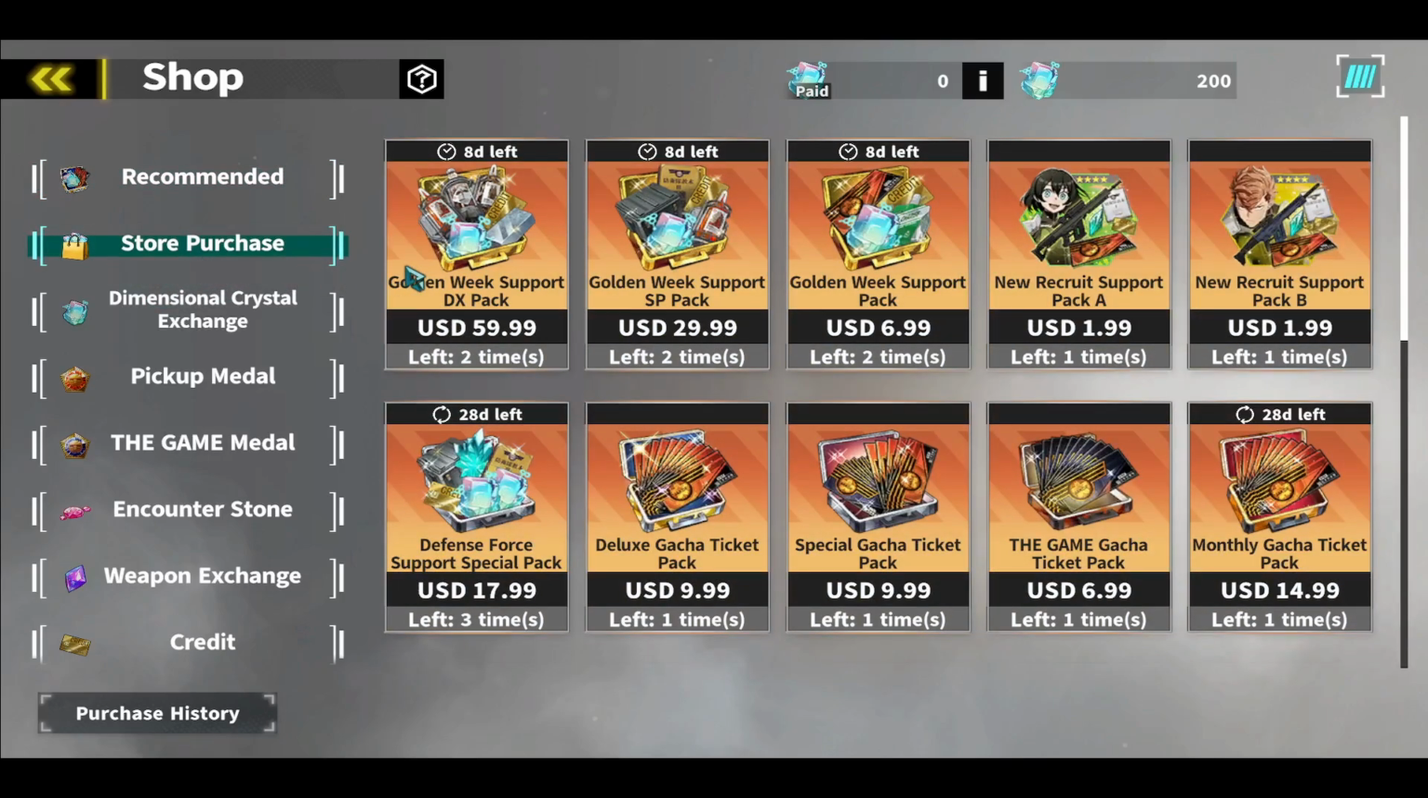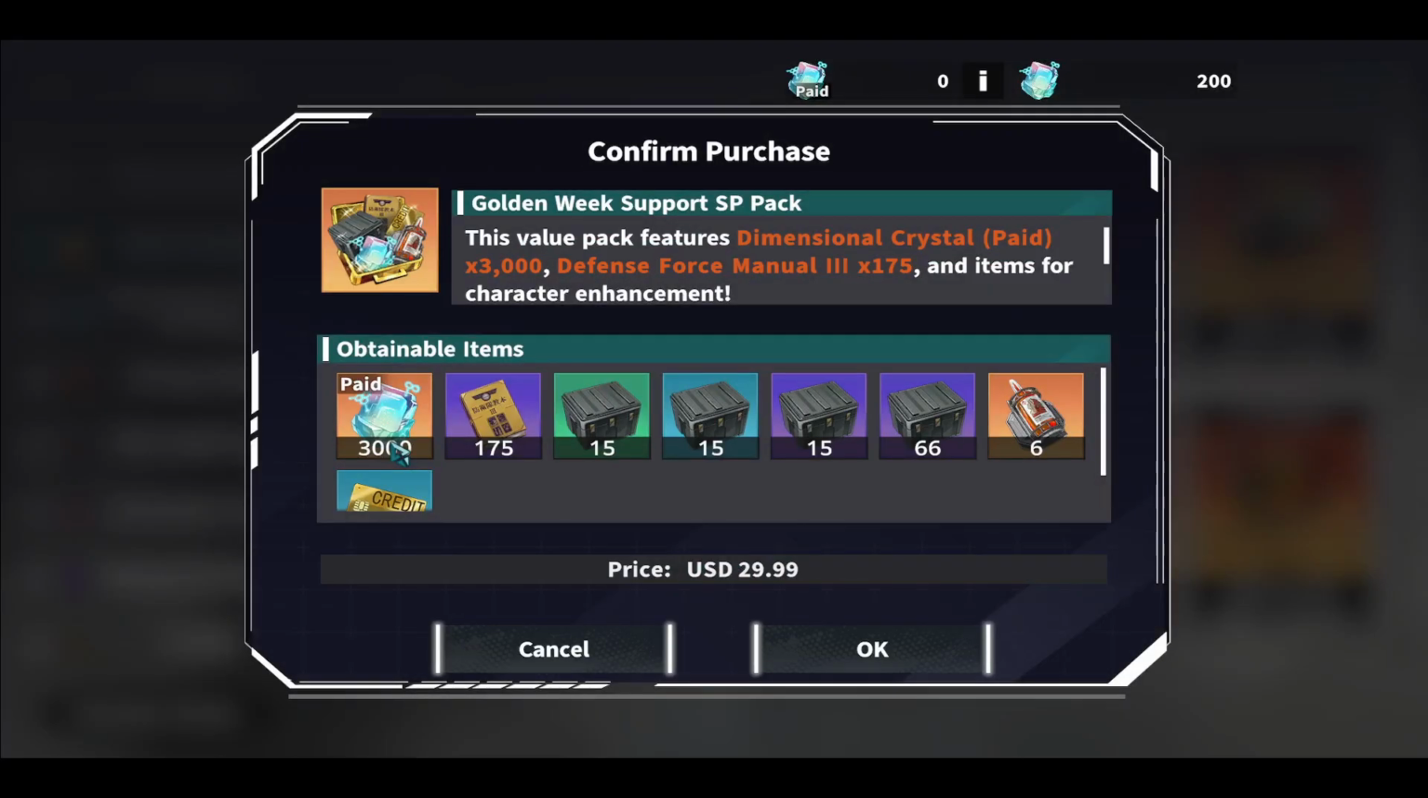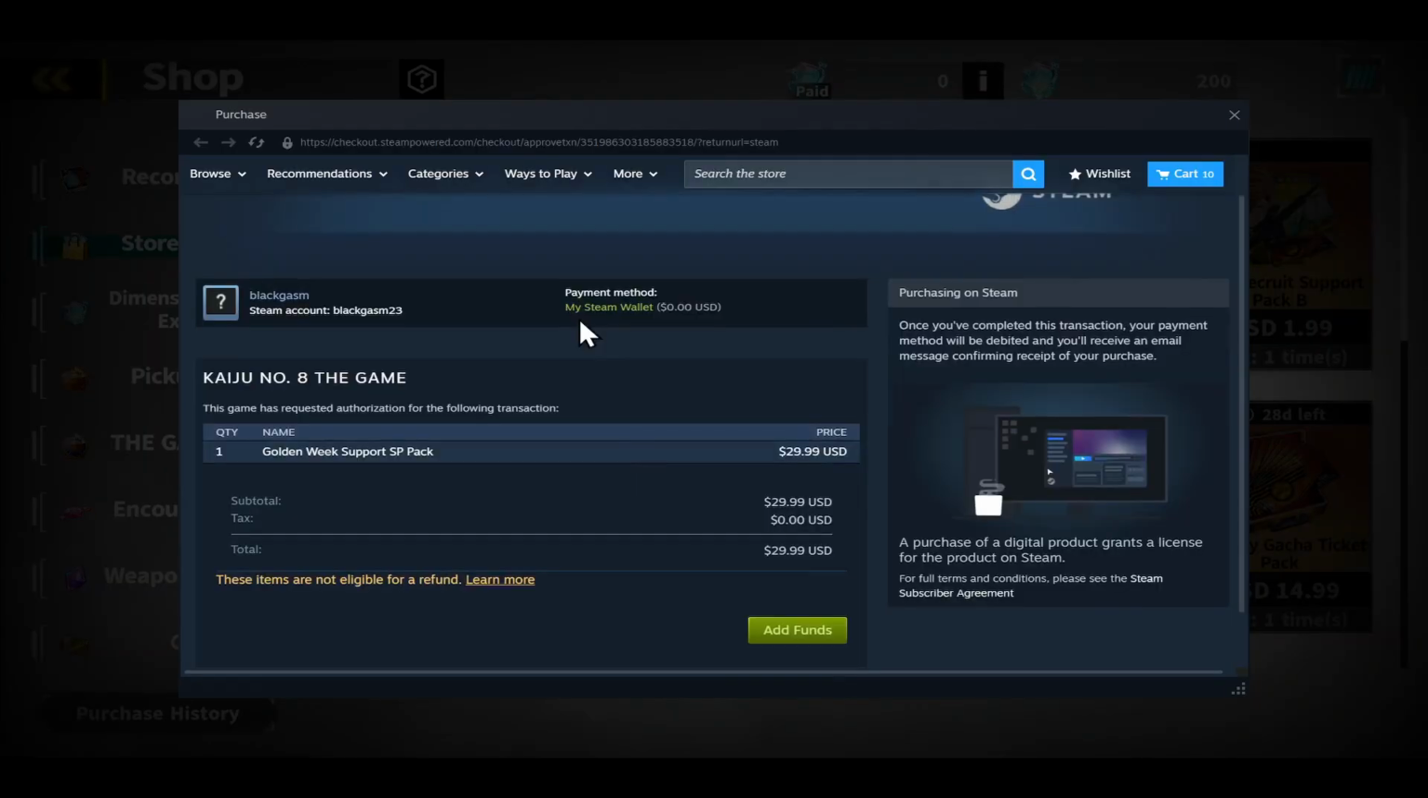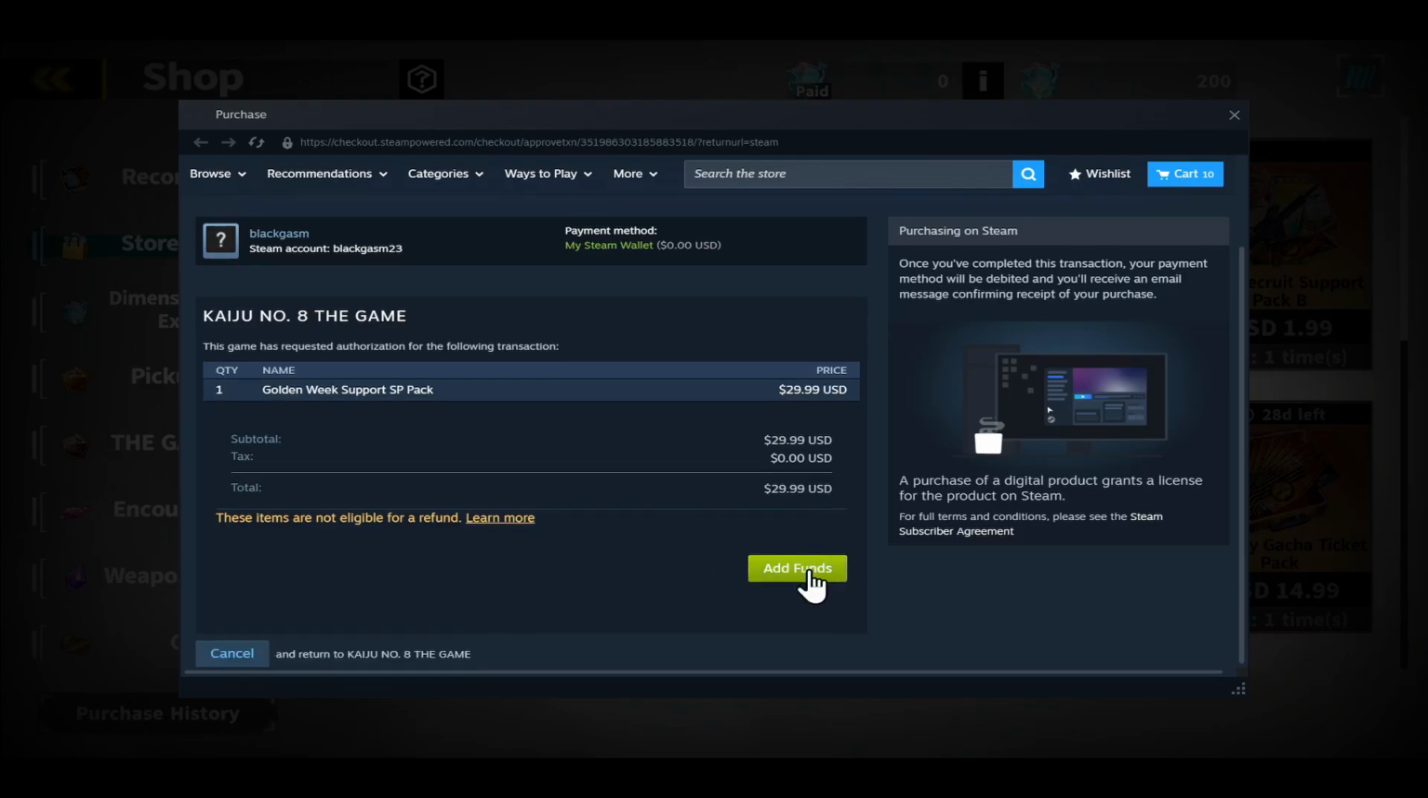In order to purchase your dimensional crystal pack, just choose the package that you are interested in. And now, in order to proceed to the payment, click on OK. You will then be taken into your Steam payment page. You may proceed with your Steam wallet balance, or you can click on the Add Funds option to choose a